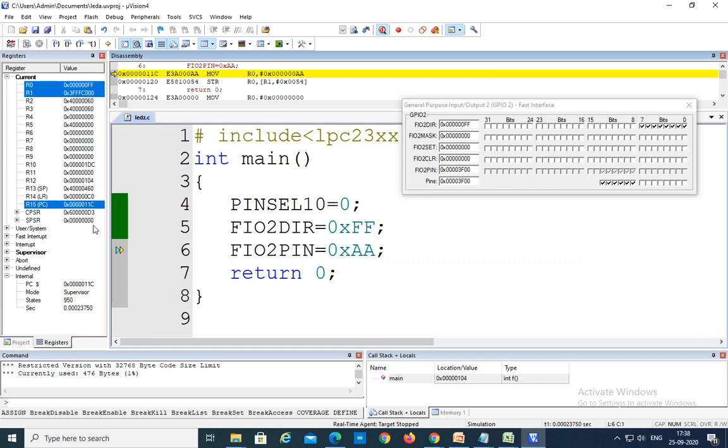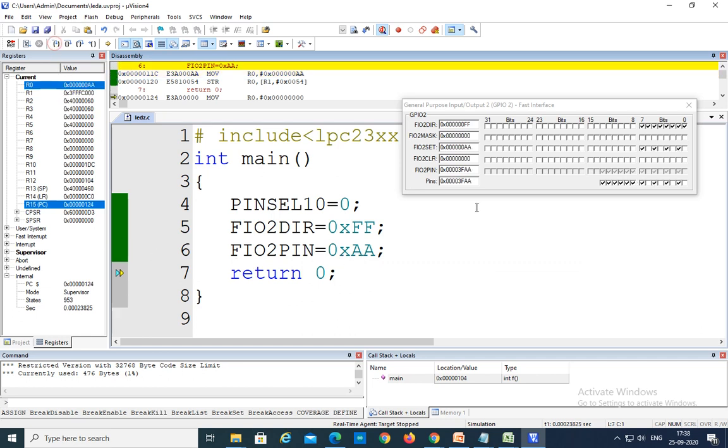I execute that line, then what will happen? Observe here. When I execute FIO2PIN as 0xAA, the port 2 pins output is set as follows. This is the 0th pin, so 0 1 0 1 0 1 0 1. Alternately, the even LEDs are 1.